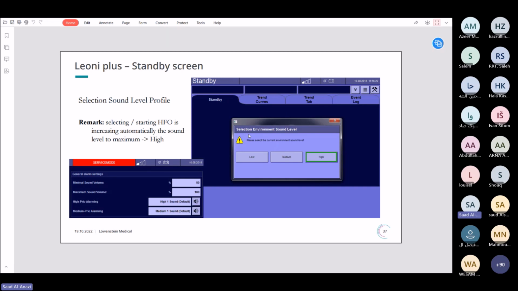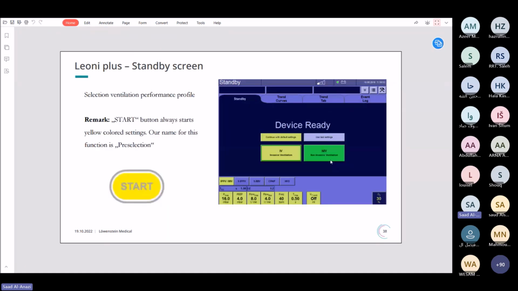They have a selection for environment sound level. As you know, if you're selecting high frequency, the sound level should be increased to the maximum, because your patient is very sick and they need to respond to every alarm message. So we recommend keeping it at a high level. After you finish, you will move to the start